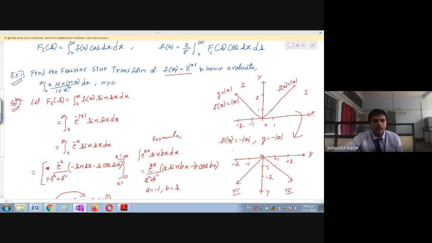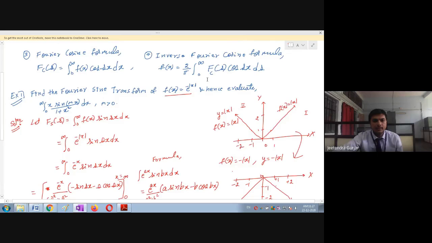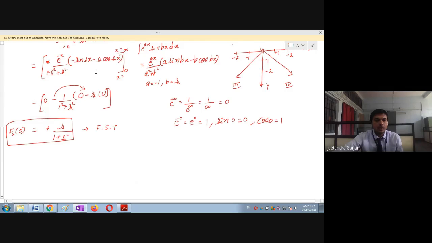Yes, very very important. We are going to hence evaluate this integration 0 to infinity x sine mx divided by 1 plus x square dx, students. Okay. So for evaluating this, as I said earlier, we are going to use the inverse